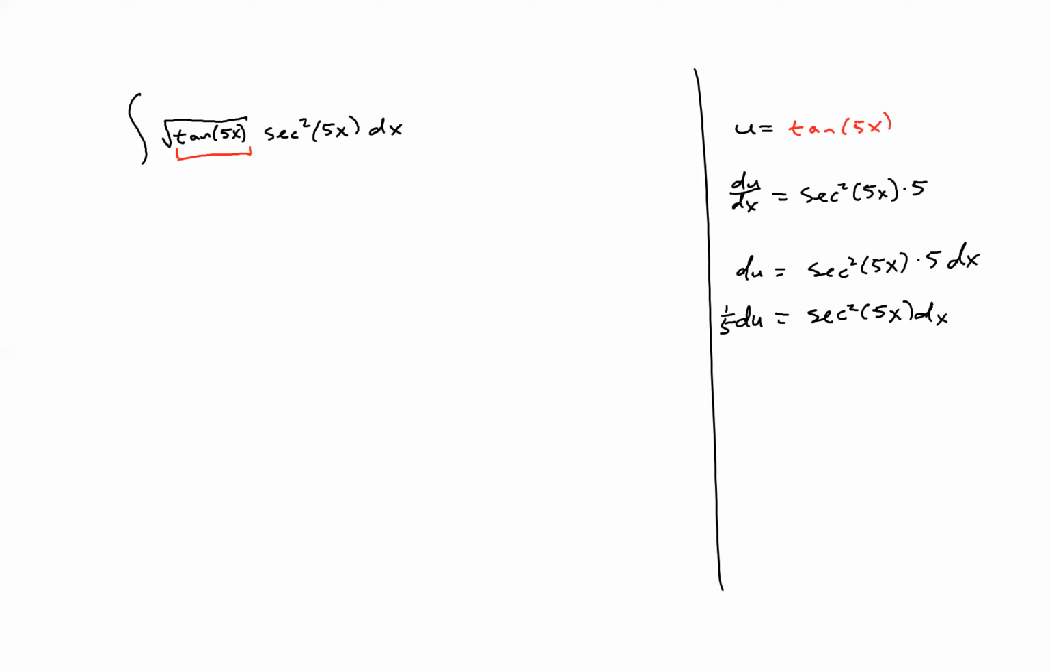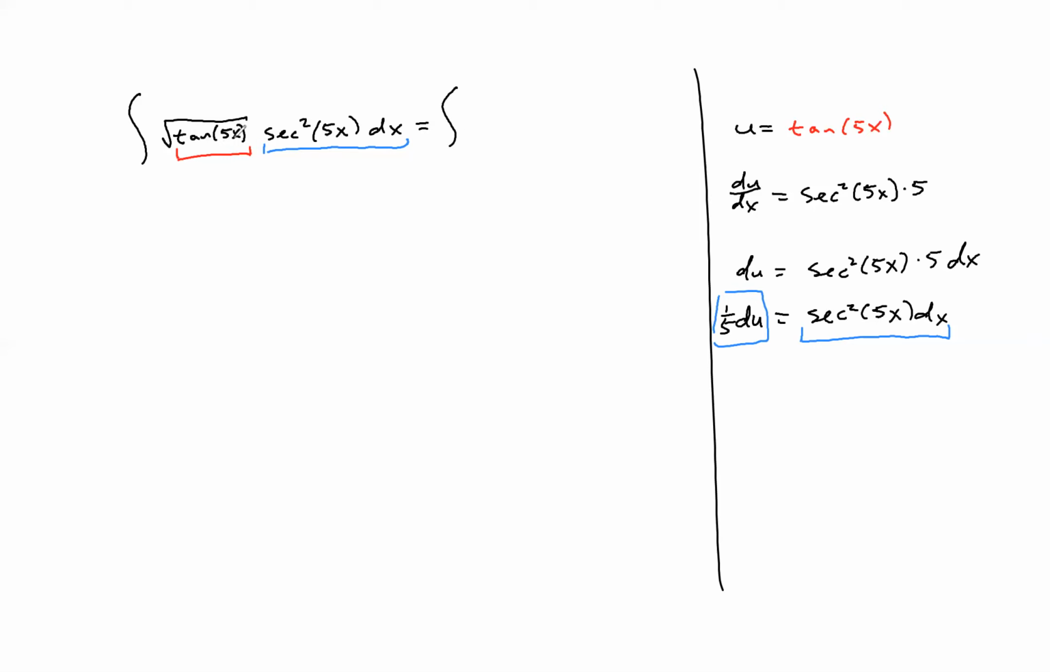All right, so now everything is accounted for in my integral. The secant squared 5x dx is going to turn into a 1/5 du. The tangent x is just going to turn into u. All right, so what this integral looks like after my substitutions,